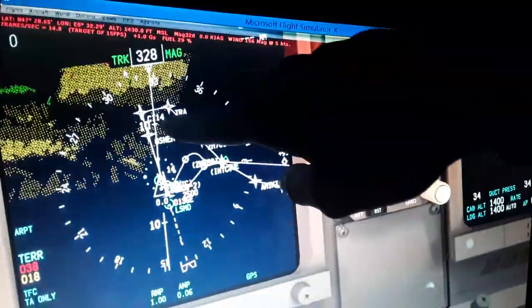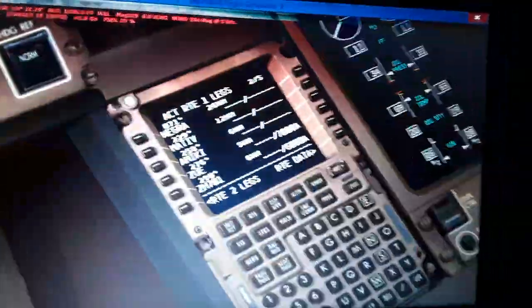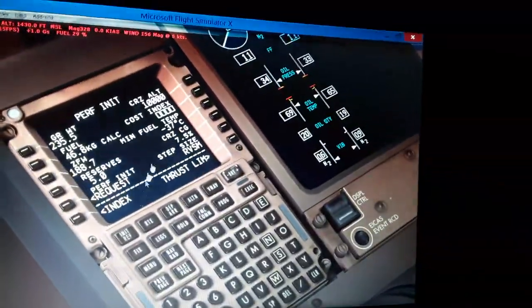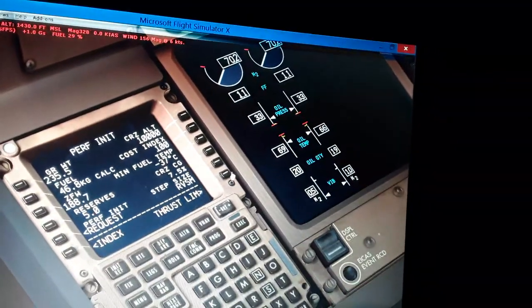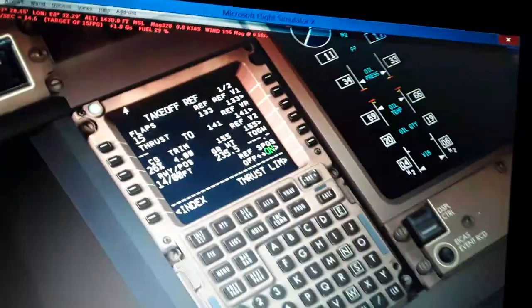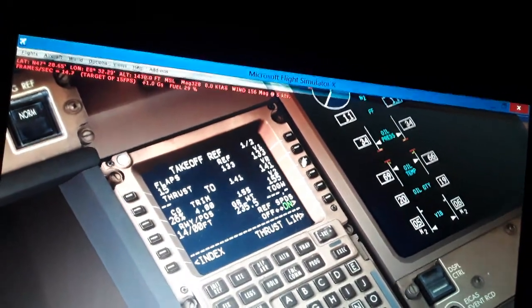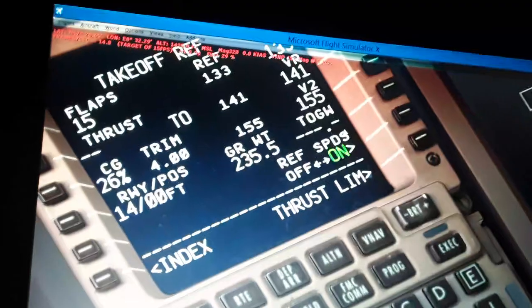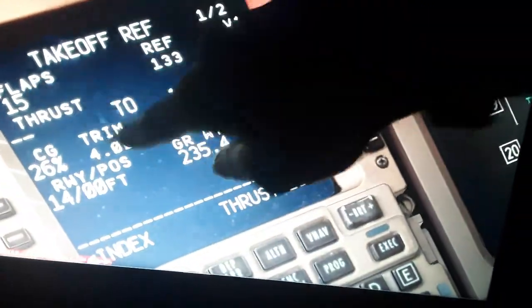Here's the flight plan. You can see the radar scan. We also have a couple more things: cost index again 100 maybe percent, and takeoff flaps 15 degrees, center of gravity 36% with V1 133, V rotate 141, and V2 155 knots. This is the takeoff speed and the center of gravity position of the aircraft with this flap setting, and the